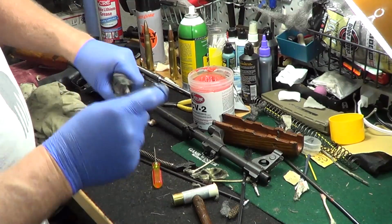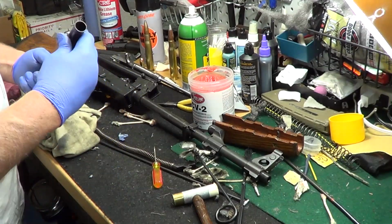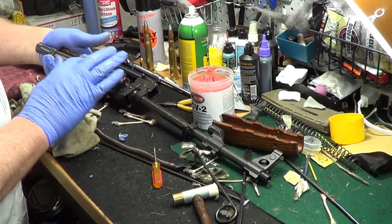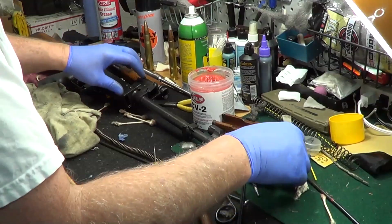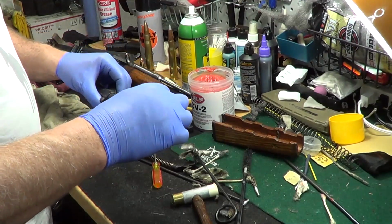But I wanted to get a good coat, especially on my shotgun that I keep on the back of my golf cart. And it's always out in the elements. And I usually clean it once every 2 years, and I don't find any rust on it. But now that I put this on it, if I didn't clean it in 2 years, I think I'd be okay. So I wanted to get a little moly around this thread where my